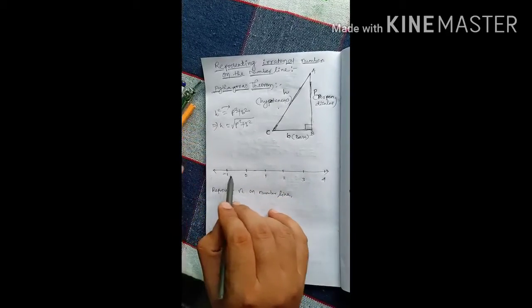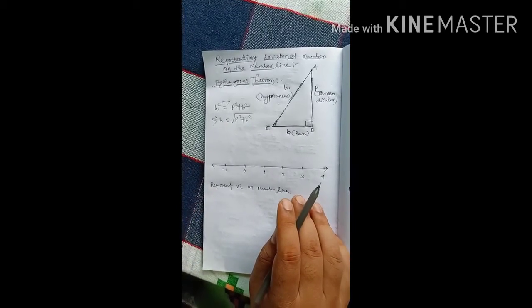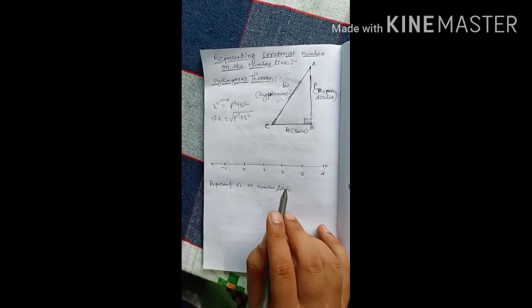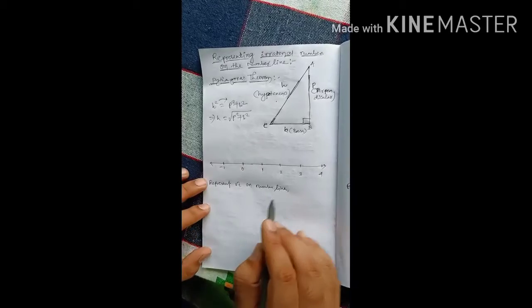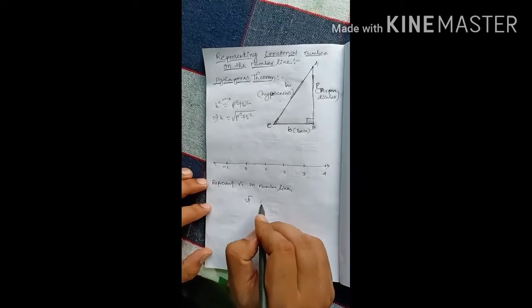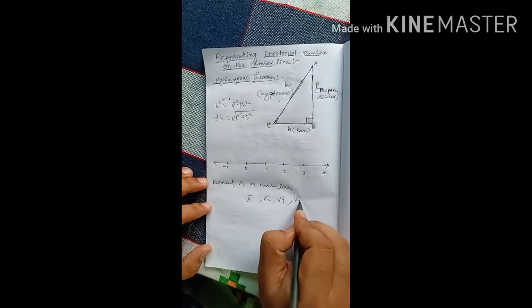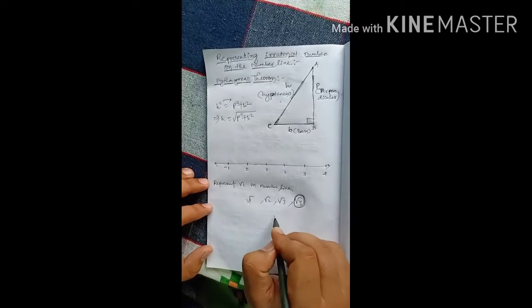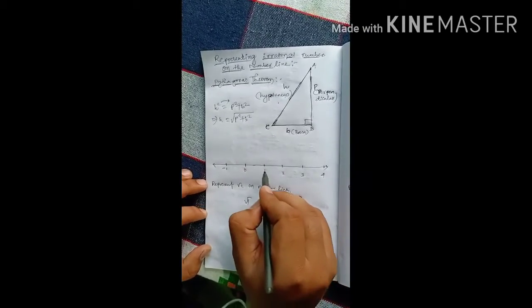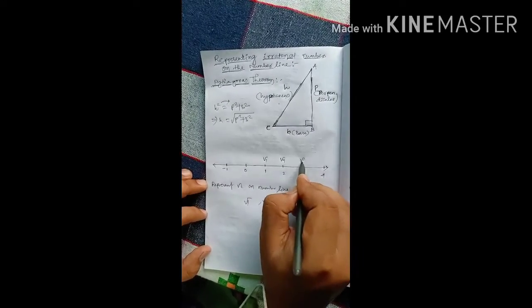Look here, it is a number line, and you know that all the numbers which are not perfect squares, their square roots are irrational. Like root 1, root 2, root 3 are irrational numbers. But root 4 is not an irrational number, because the value of root 4 is 2. So in place of 1 we can write root 1, in place of 2 we can write root 4, in place of 3 we can write root 9, in place of 4 we can write root 16.